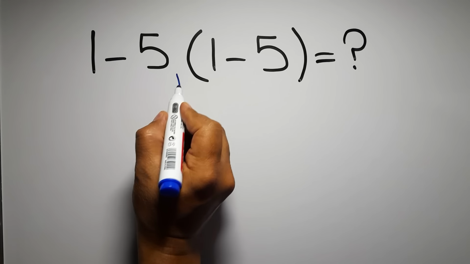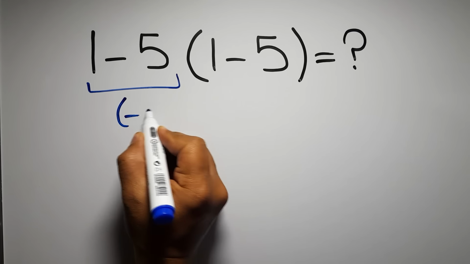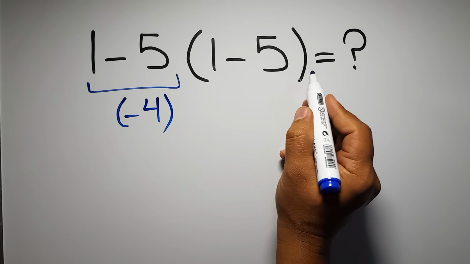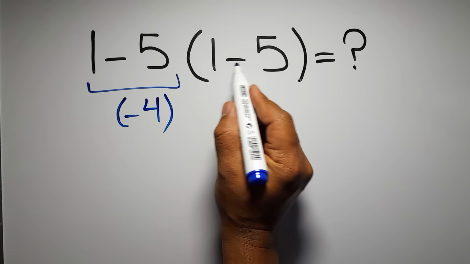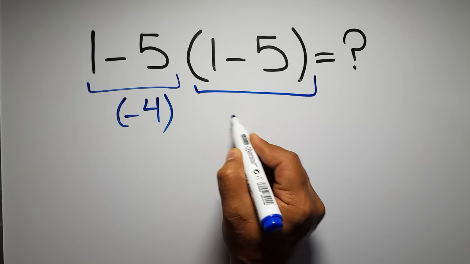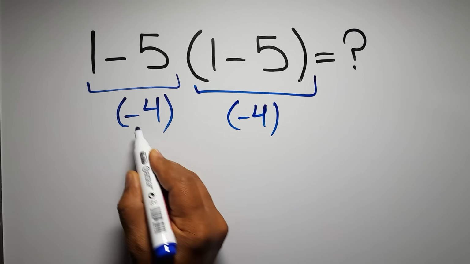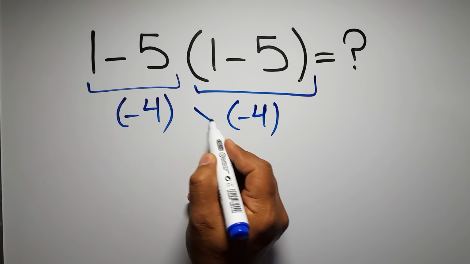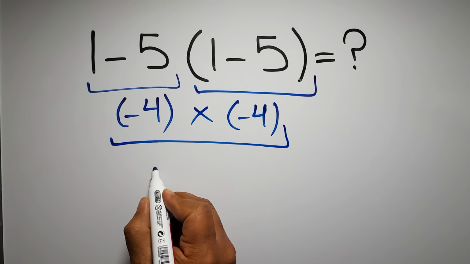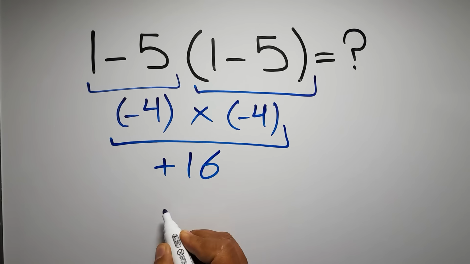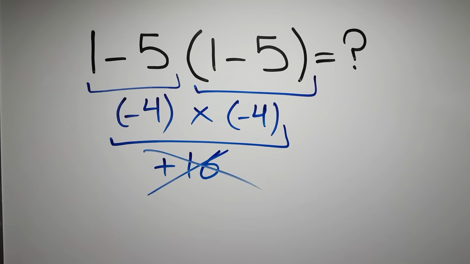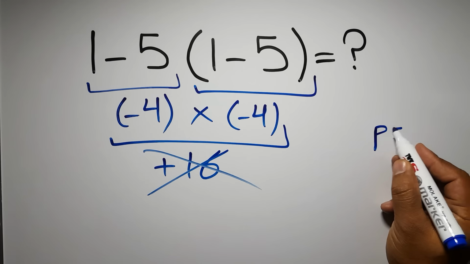1 minus 5 gives us negative 4. And again here inside this parenthesis we have 1 minus 5. So negative 4 times negative 4, which equals positive 16. But this answer is not correct, because according to the order of operations, first we have to do parentheses, then